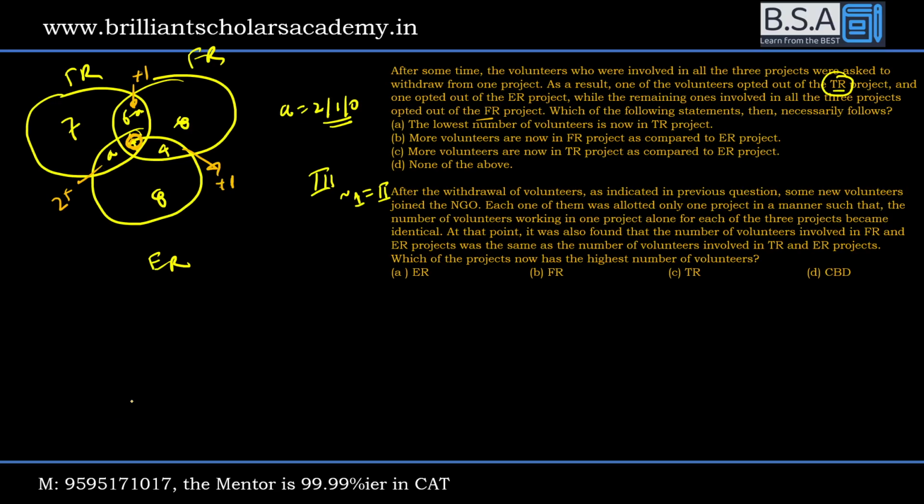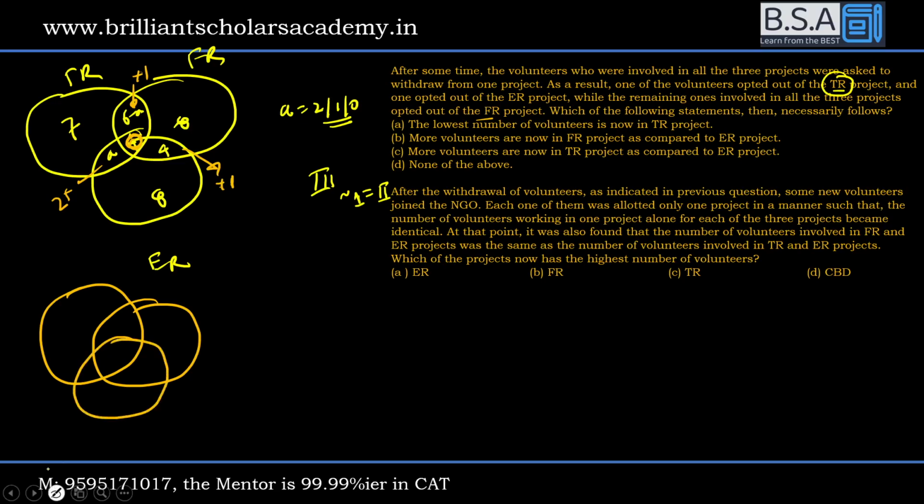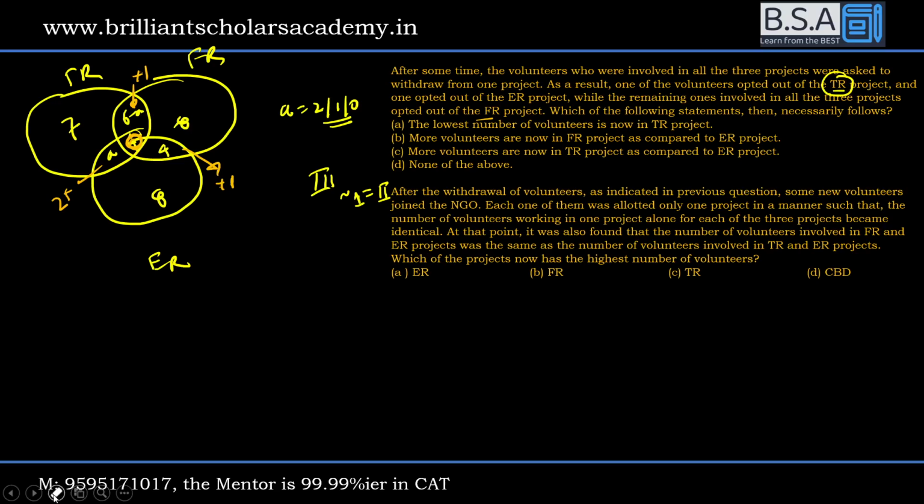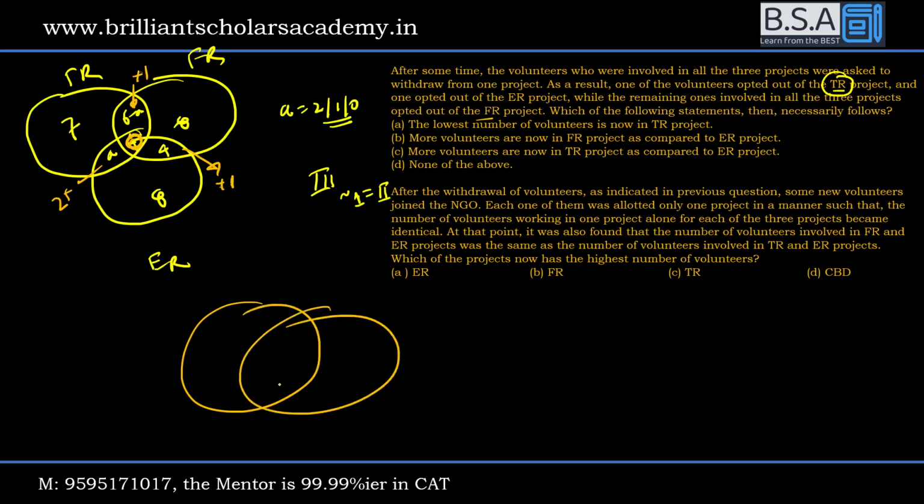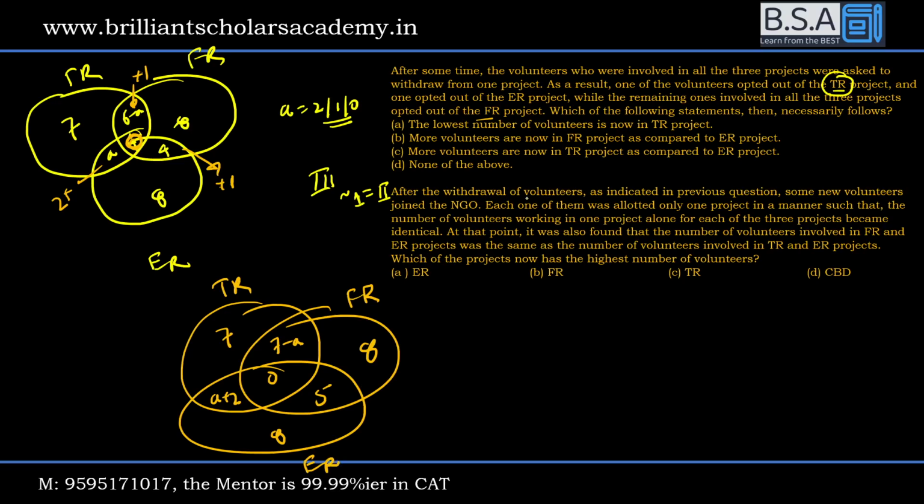If I have to redraw these circles, let us say I will redraw these circles, बीच में 0 है, बीच का ओवरलैप इज नॉट अ वरी फॉर मी। तो यहाँ पे 7 है, ऊपर 1 चला गया तो 7 - a 0, नीचे 2 चला गया a + 2, इधर 8 है, इधर 1 चला गया तो इधर 5 और इधर 8 है। TR FR ER।